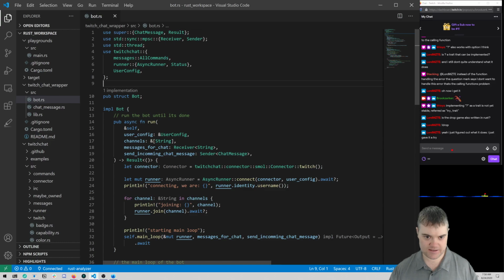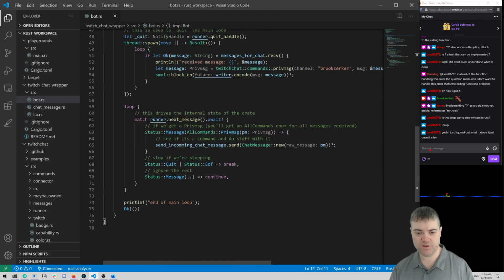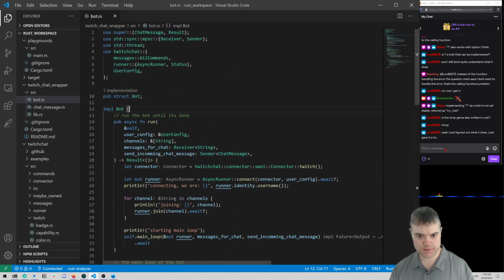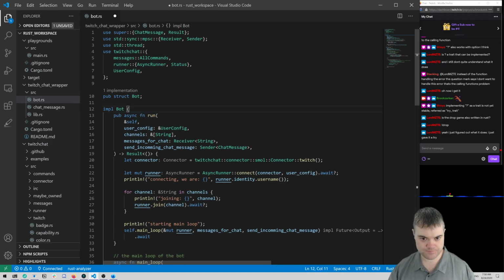these are fine. Obstruct. Okay, so we create our bot here, which is, notice that there's nothing here for it to do. There's no data on it. It's just a struct that we're using to hold, well, I guess 2 functions. So we have run on it, which these all do their stuff. We have our connector.